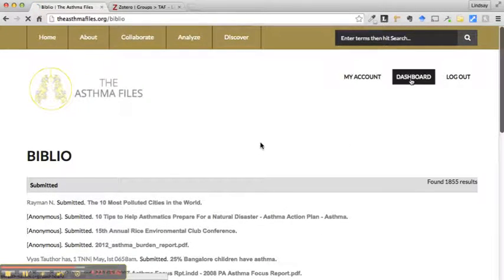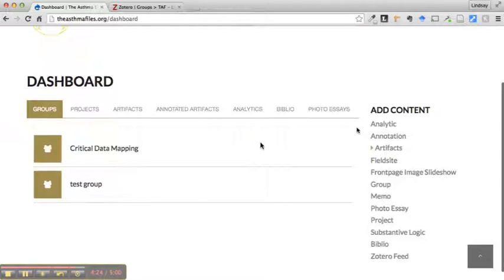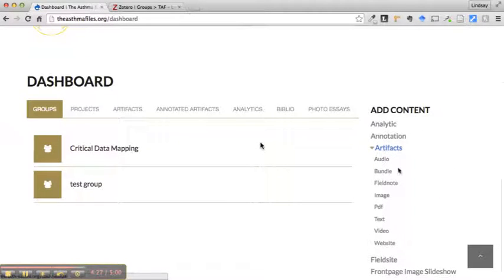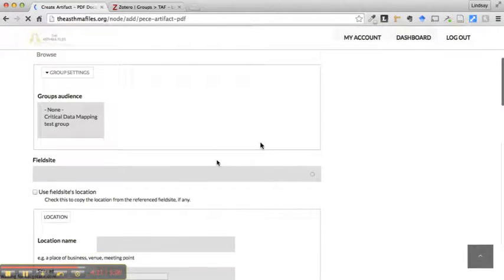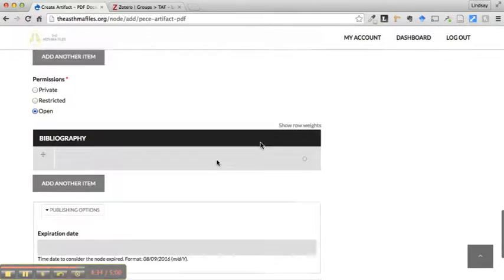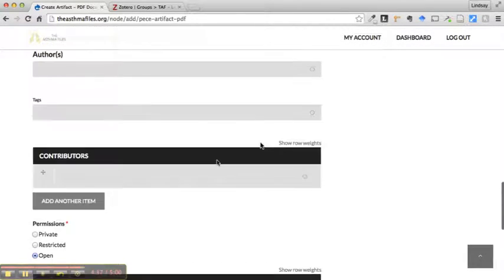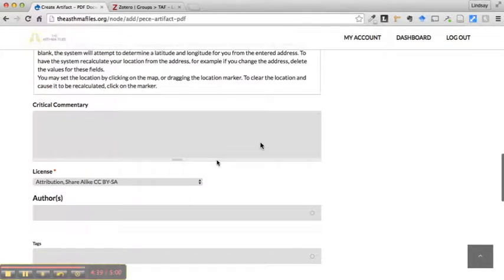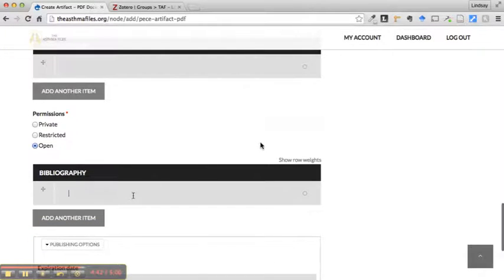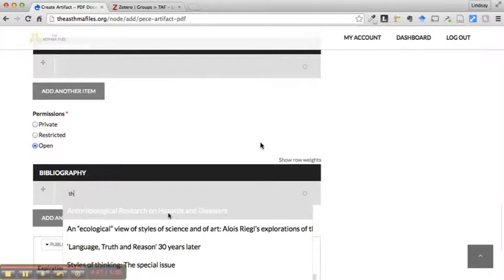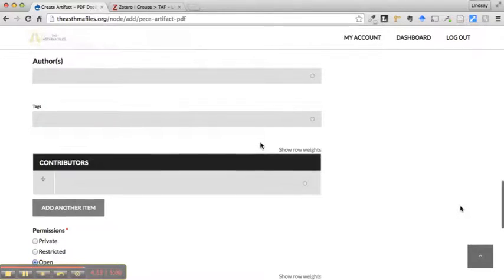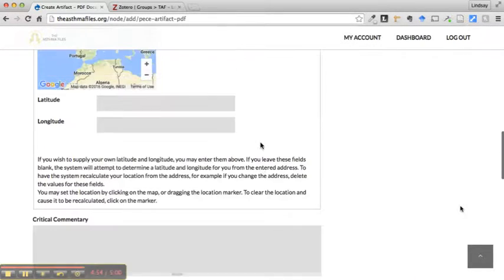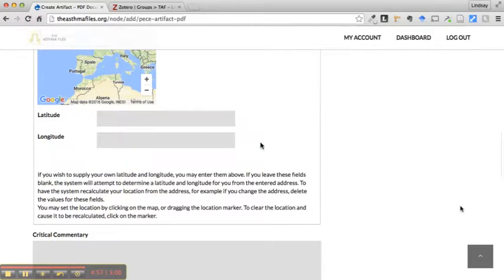In order to associate a PDF artifact with a specific bibliography entry, when you go to add an artifact at your dashboard and you click on PDF, you can now scroll down to the bottom to the Citation field, which is the bibliography field, and then add a bibliography entry. And then when you save it, you'll be able to access the citation entry from this particular artifact. Note that whenever you import a Zotero library,